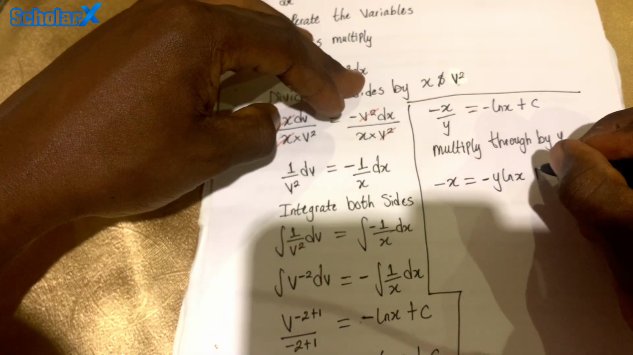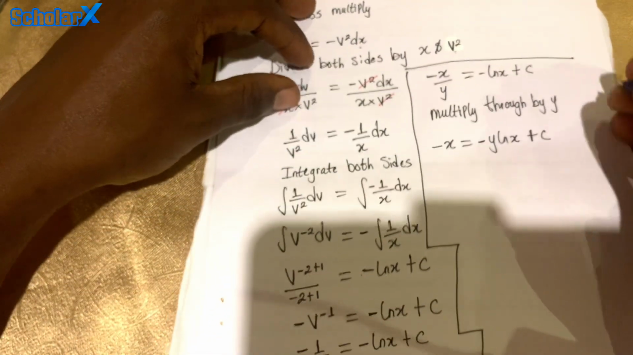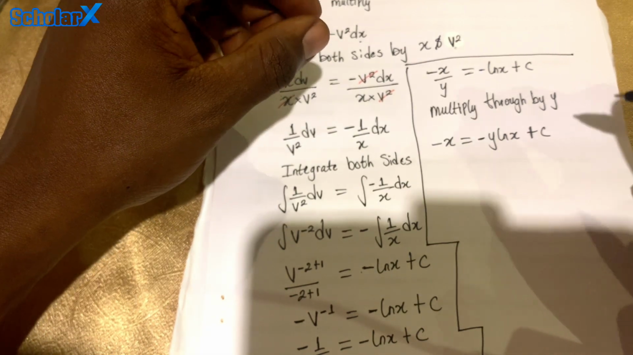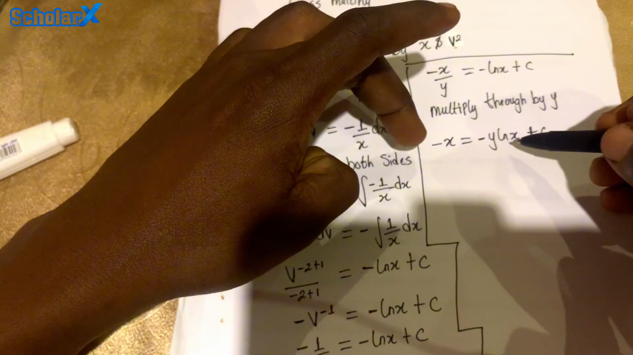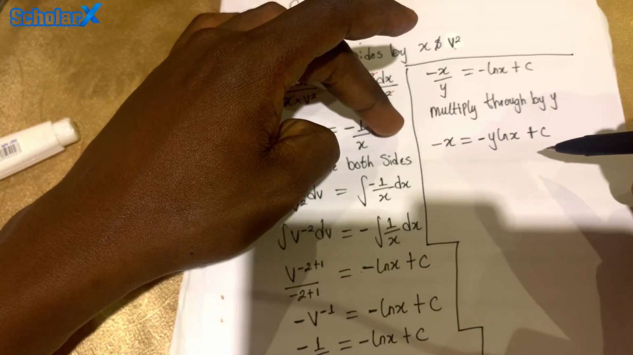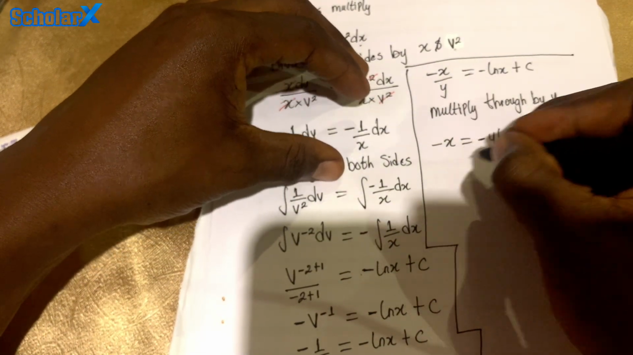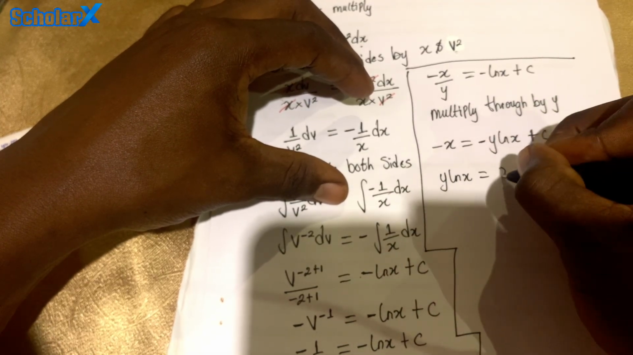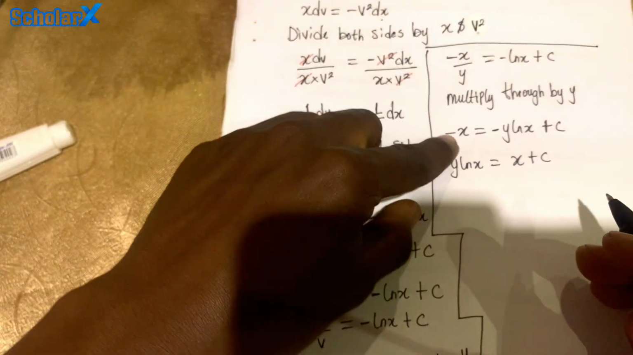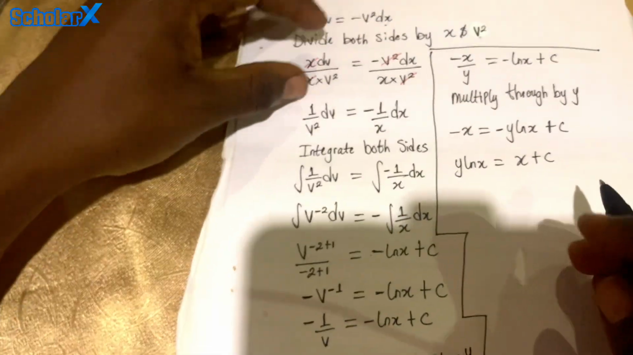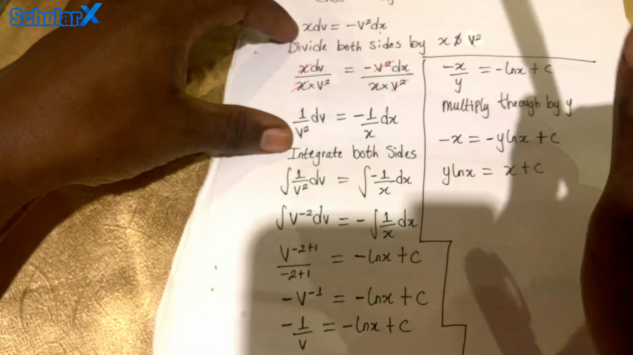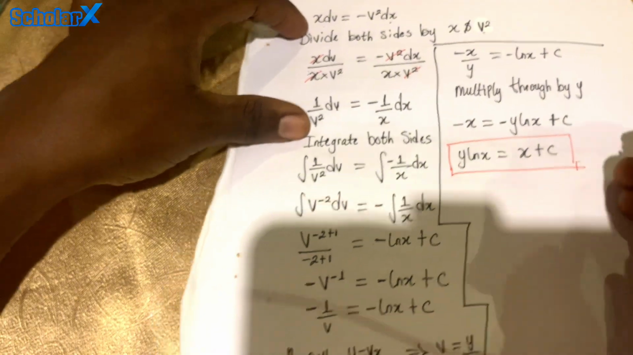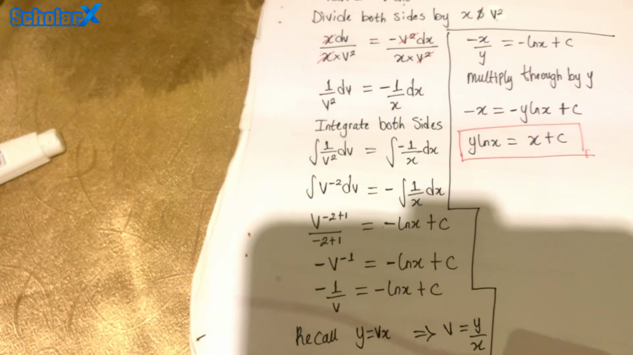Now this is a constant. It will remain a constant, since this y is not going to affect it. Now we can decide to take this here and this here so that it becomes positive. So we can decide to have our answer as y ln x is equal to x plus c. That's taking this here and taking this here. So this is our answer. This is a solution to the differential equation,